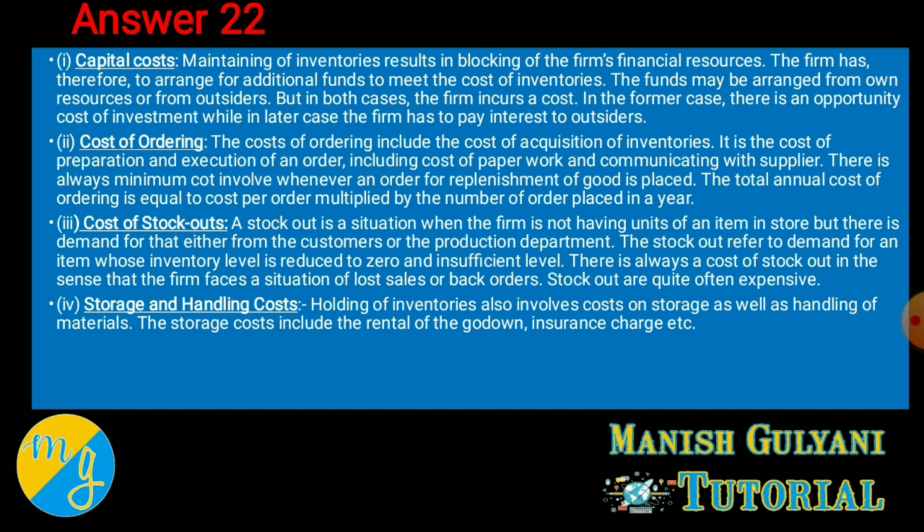Because if you don't invest a particular amount in inventory, you can invest in some other asset. You will earn some interest if you deposit that amount in an FD. So that involves opportunity cost, that's called capital cost. Ordering cost, as you know, ordering of an order, this concept I had explained under the EOQ principle. It is an important cost involved in EOQ.